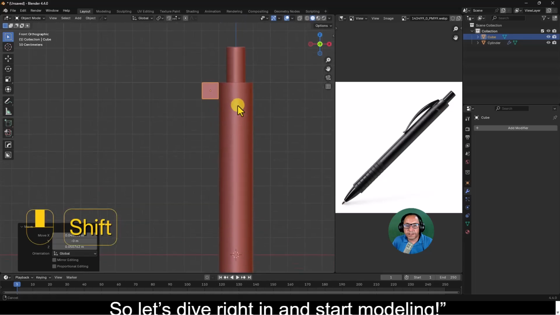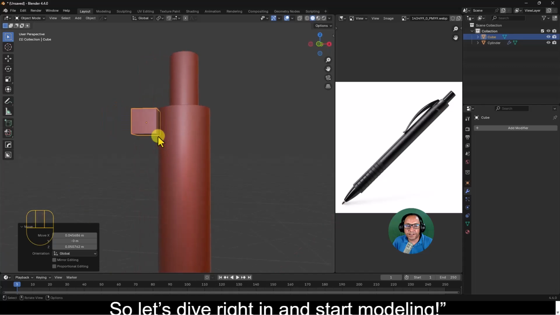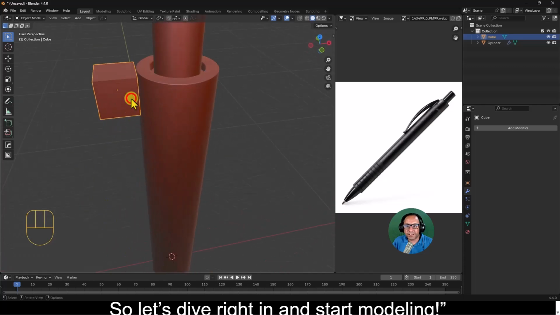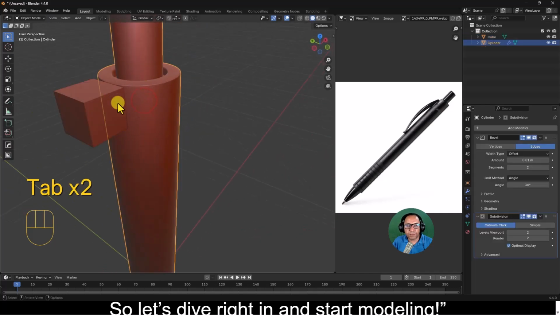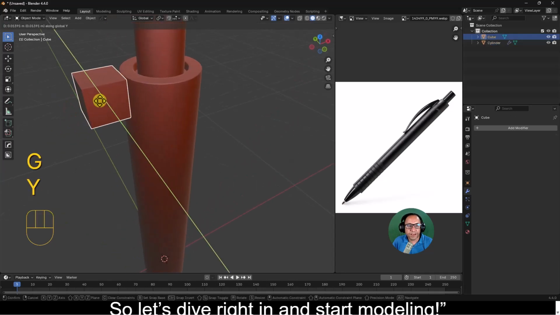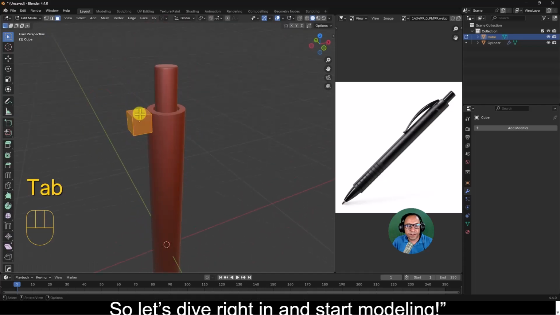So let me say something. In modeling there are so many ways to do this shape, so I'm trying to do something easier for you, okay? But I mean, you can add some loop cut here and extrude it, but I want to do it this way. So let's put it there, and I will go to edit mode, and then I will use the loop cut,